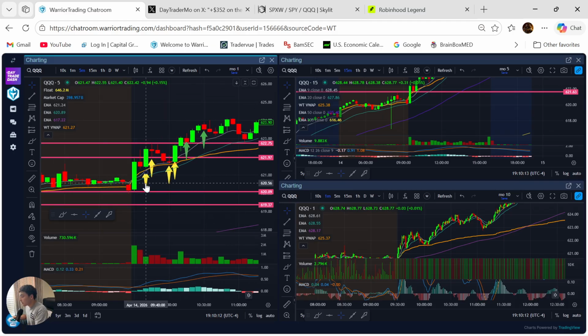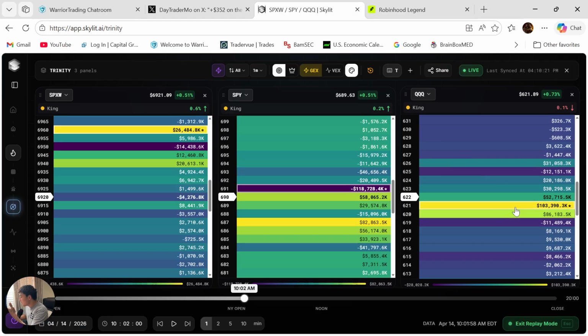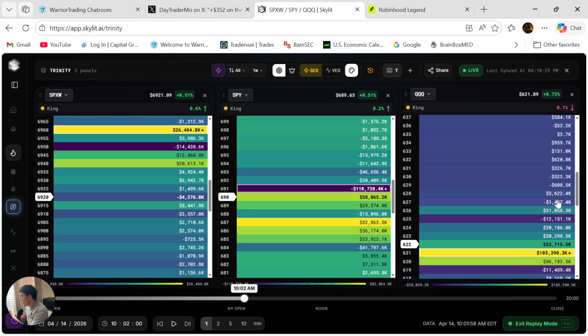So I took my first 622 calls. I waited until it made a first high, 621.97, and it went down. I was like, you know what? It's going to break. It's following the trend. 15 minutes good, and I'm seeing this is considered a floor. Now, the other order I'm seeing building up is 626.